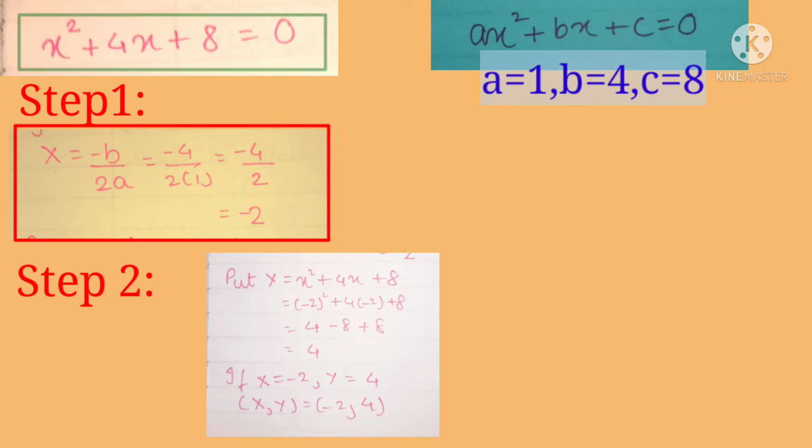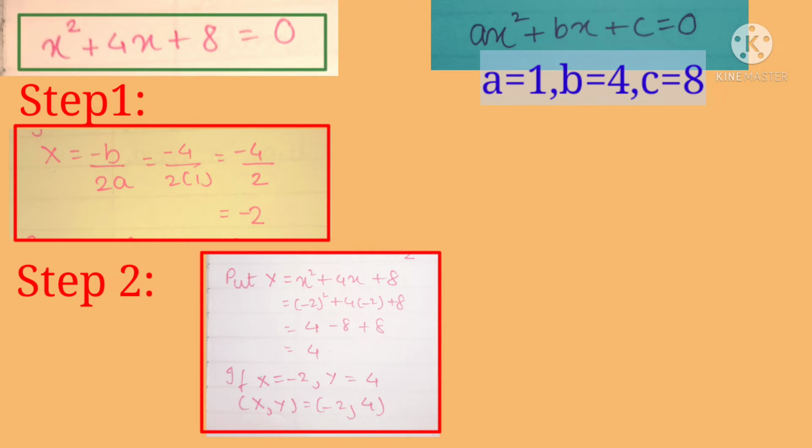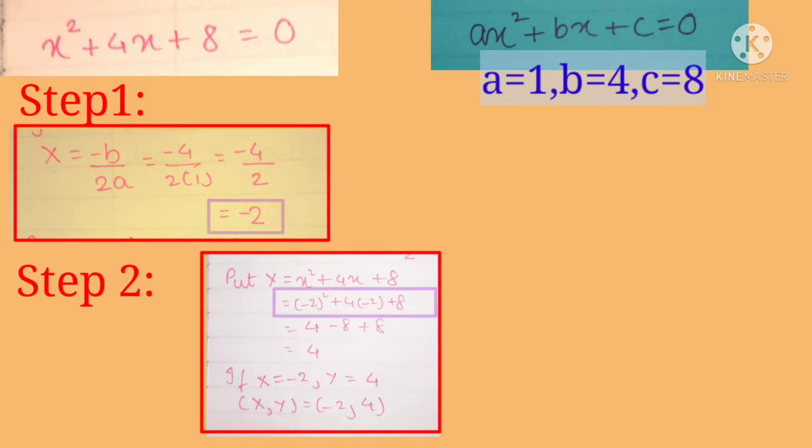Then we put the given equation in the y form. It's nothing but y is equal to x square plus 4x plus 8. This is the most important step that we need to follow. We get the value of x by using the formula minus b by 2a, and put that value in the equation. So we will get the answer as 4. Now we have completed two steps. First we compare and find the value of x is equal to minus b by 2a, and the given equation we put as y, from which we get the value of x comma y. For this question, it's minus 2 comma 4.